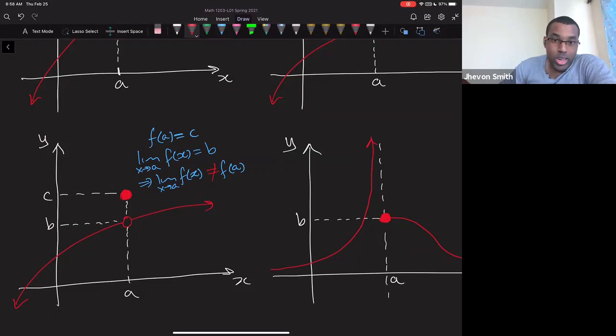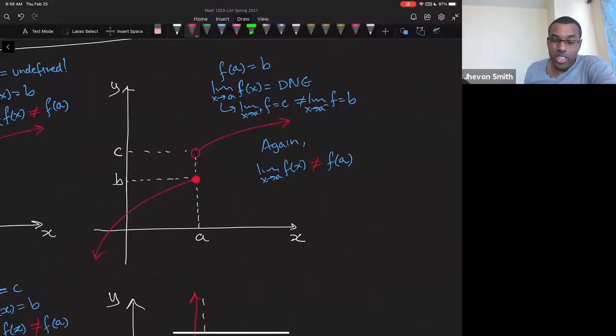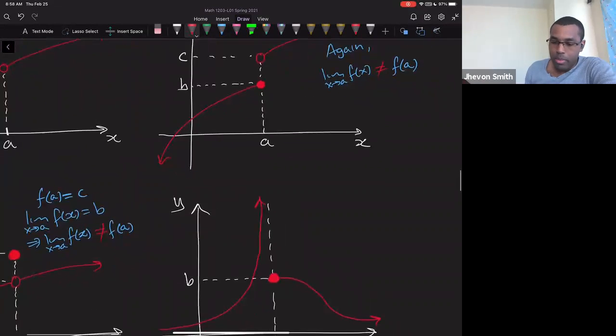And what happens is you get a behavior like this. There's a hole that you have to fill in somewhere else, right? Whenever the function isn't defined at a single point, but the limit is okay, it means you just have a hole. If the limit doesn't exist, but the function is fine, you have a jump. There's a gap, right? Similarly here, the same kind of thing is going to happen. The function is going to be defined, but the limit as x approaches